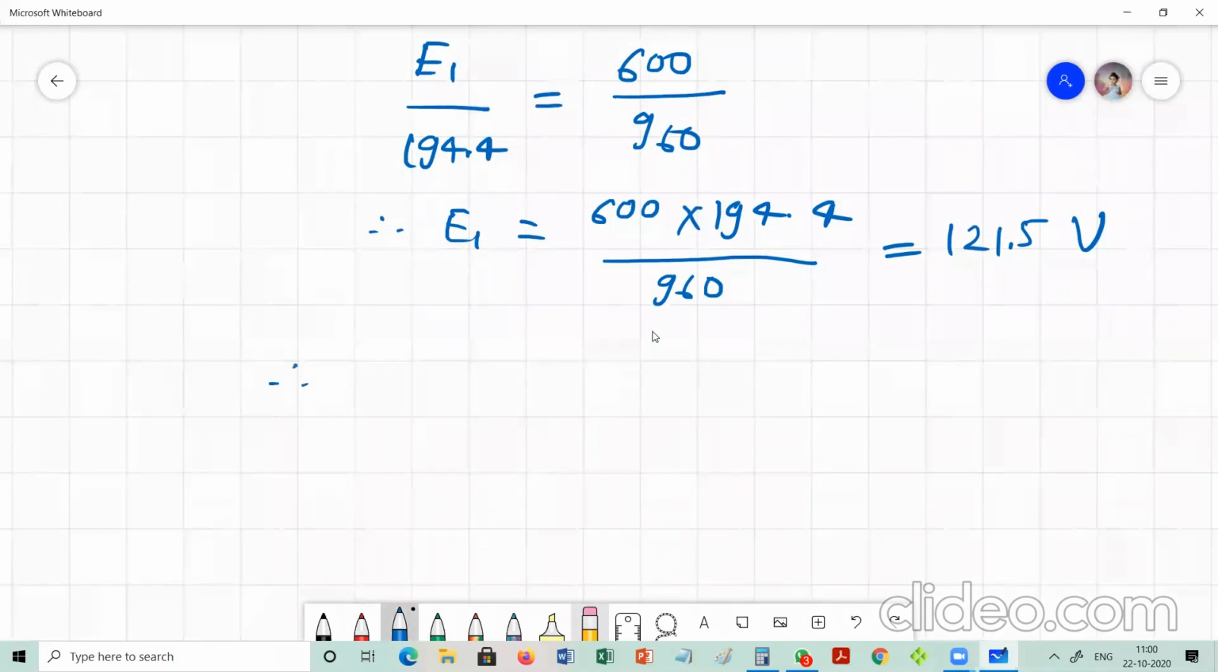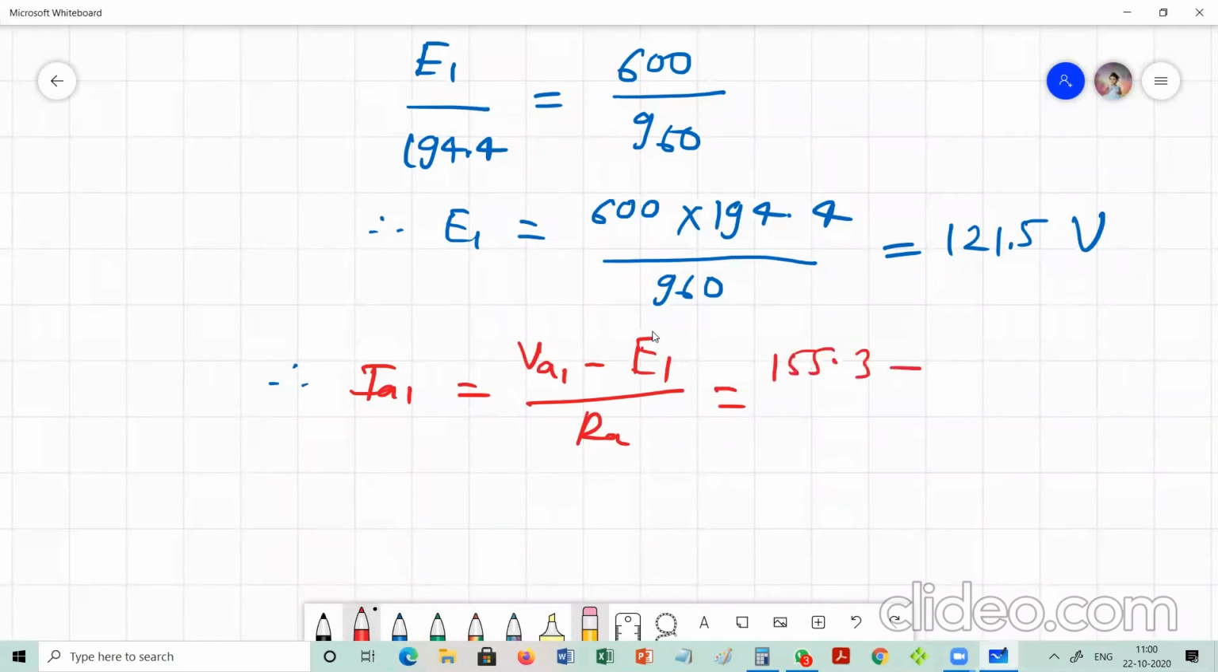Therefore IA1 is equal to (VA1 minus E1) by RA. VA1 was equal to 155.3 minus E1, which is 121.5, divided by RA, which is equal to 2, and it is equal to